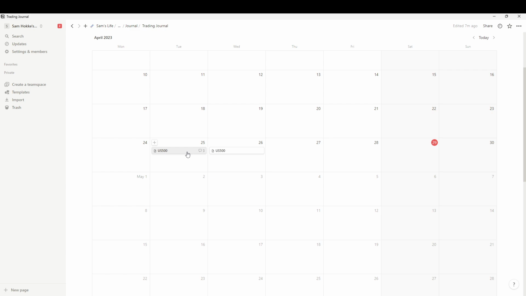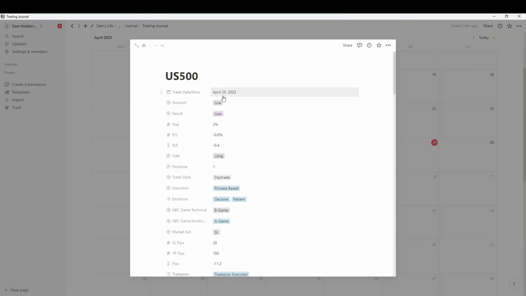It's a trade of S&P. What you can see are the things that I track for this particular trade. I'm trading at the moment on a small live account, because I want to test a few things out within my trading plan before going for a funded account again. I've done a few funded accounts over the last year. To be fair, I haven't progressed in one as of yet, because I got into profit and then failed it, or failed it right away.